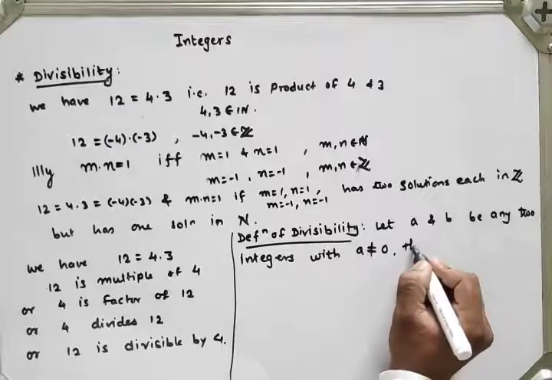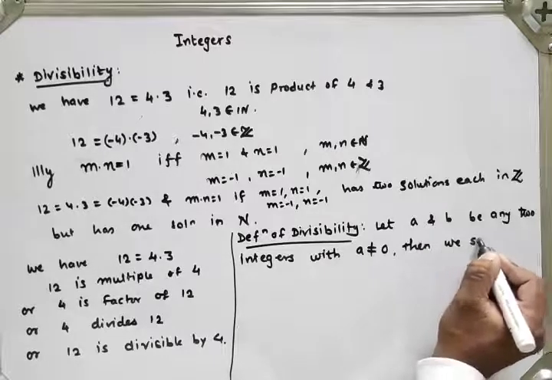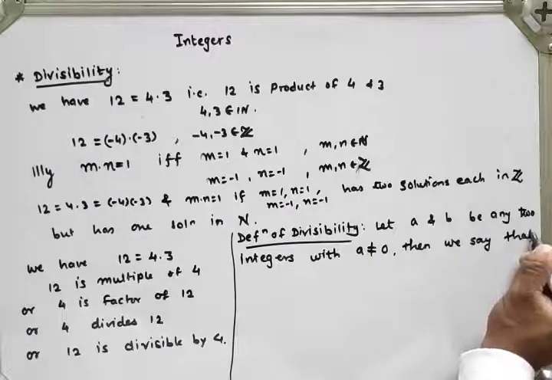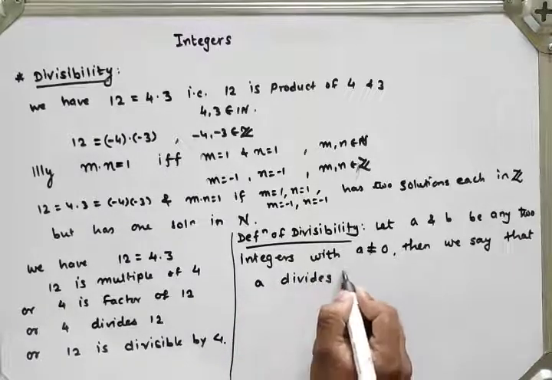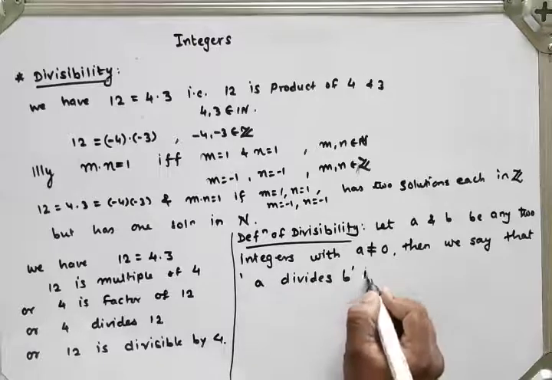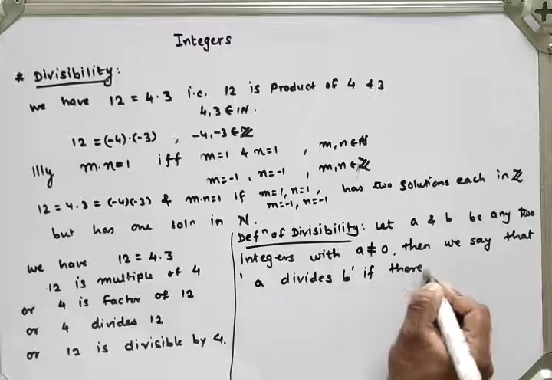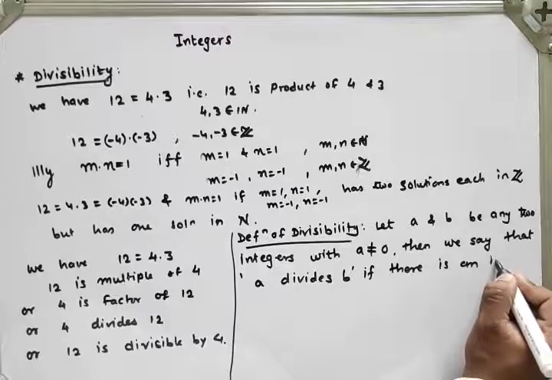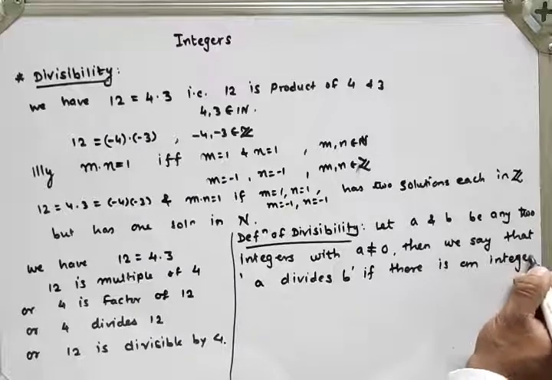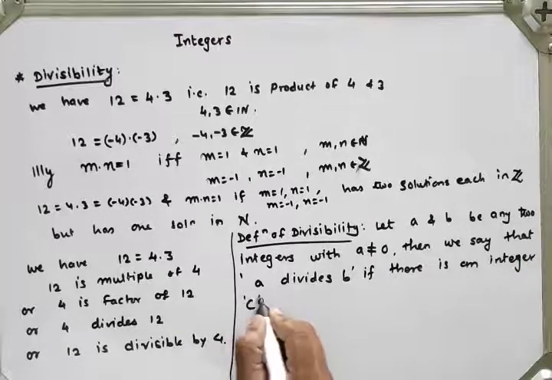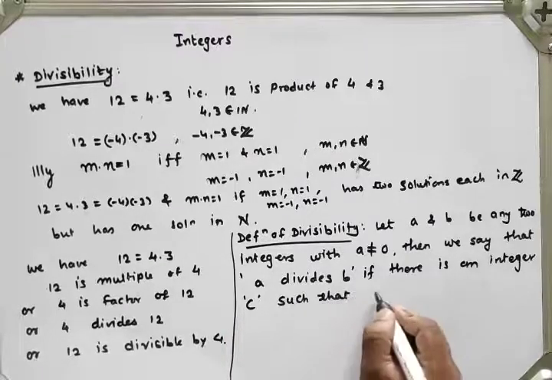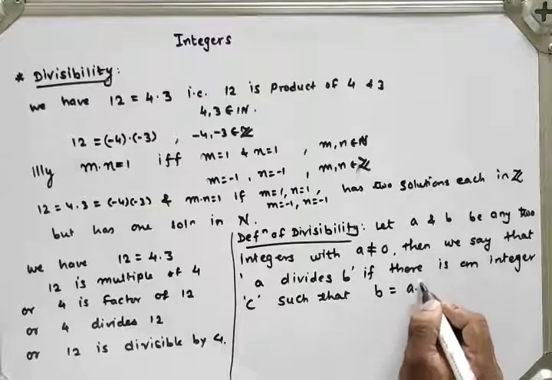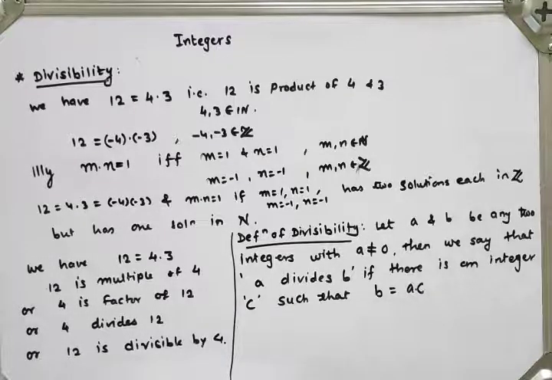Then we say that A divides B if there is an integer C such that B is equal to A times C, and we write it as